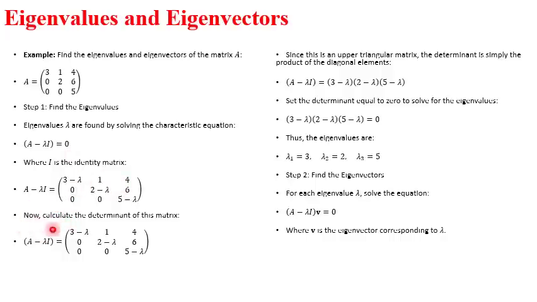Now we can calculate the determinant of this matrix, this O matrix here. In order to do that, of course, there's a rule. Since this is an upper triangular matrix, the determinant is simply the product of the diagonal elements. Well, you can find the determinant of these by just setting